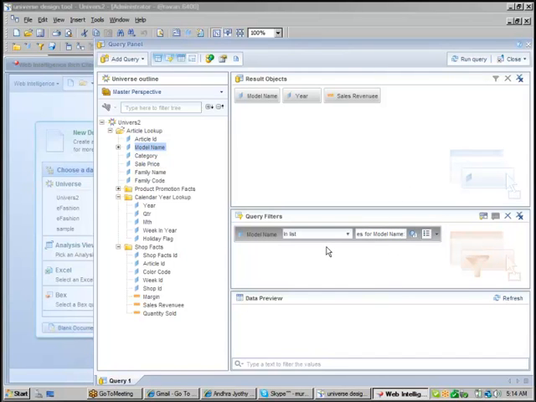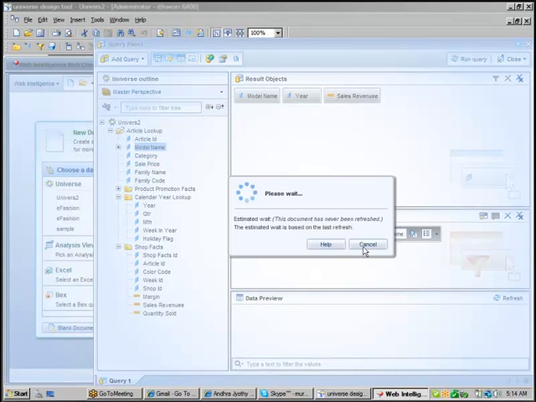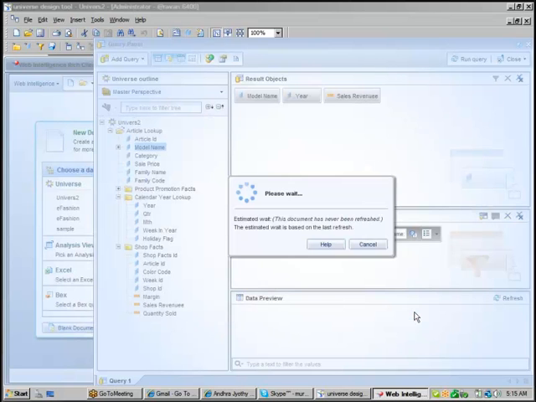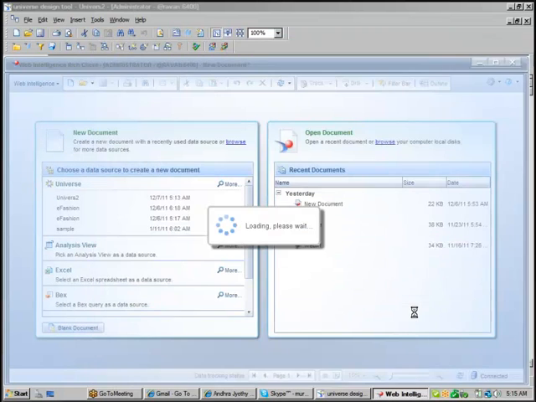Now I'm trying to create a report with select model name, year, sales revenue where model name in list. When you click on run query, it will ask us to enter the particular model name, so that based on your selected model names, the report will run for the data.